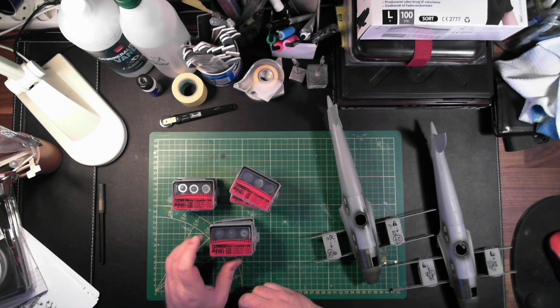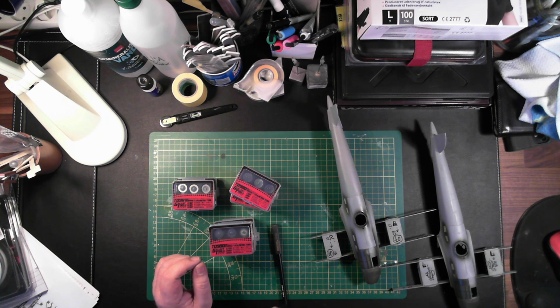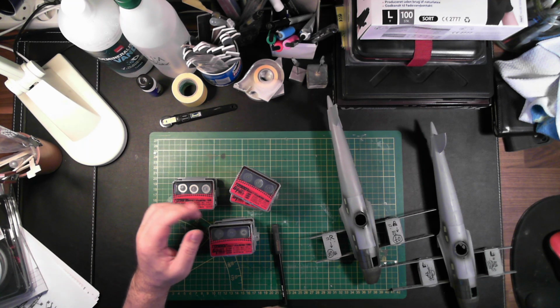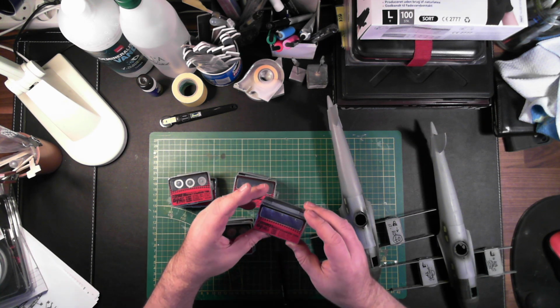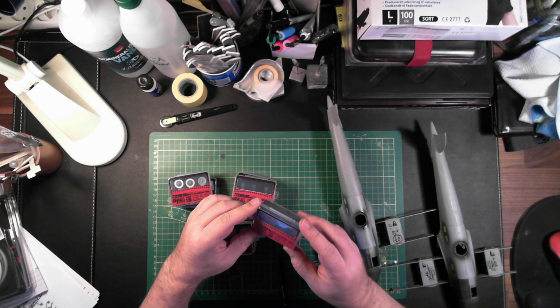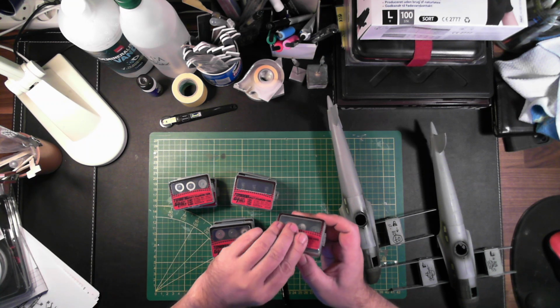And I bought some of these Galaxy riveting tools. I didn't need to buy them all, I have to admit, but they come in different sizes depending on what scale of model you're working from, 0.3 to 1.5 millimeters, and I think that's the spacing between the rivets on the wheels there. They come in different sizes as well in terms of diameter of the wheel, so you can see in this one